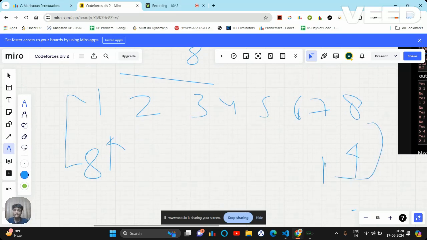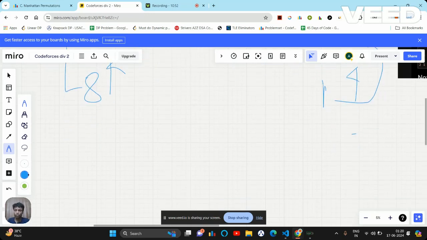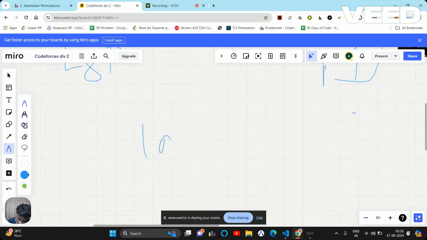So if I want to swap it, in that case k must be greater than what? 2 times of last minus first. I'll explain how I reached last minus first. What is happening to it?